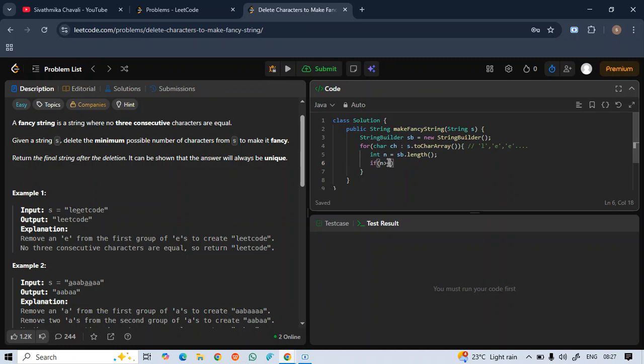If n is greater than or equal to 2, that means if there are enough elements in our sb, if the length of the StringBuilder is at least 2, we have to check the previous characters of our StringBuilder. So for this, sb dot charAt n minus 1, and we have to check charAt n minus 2. If it is equal to ch,